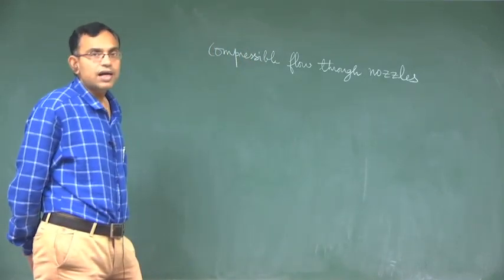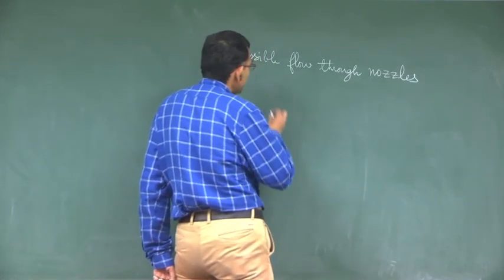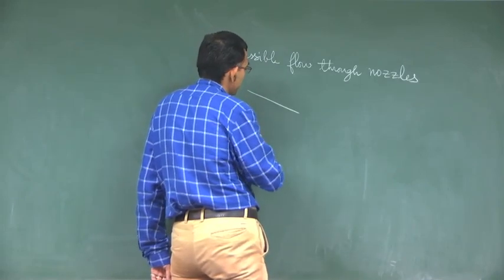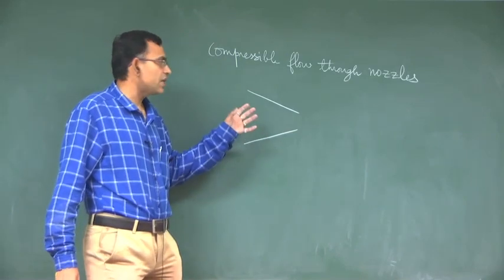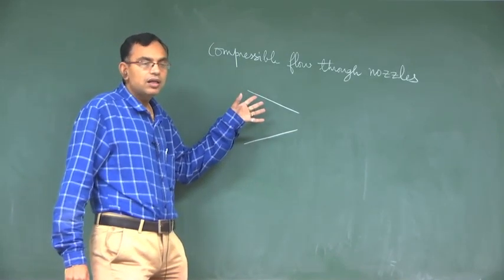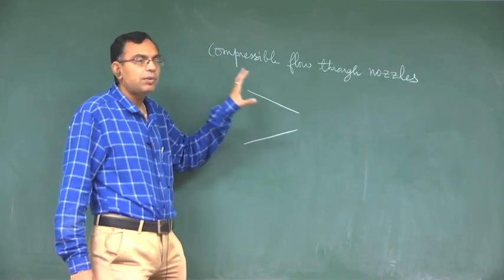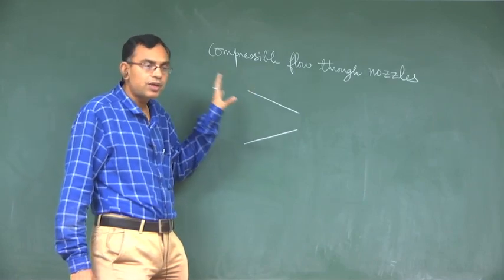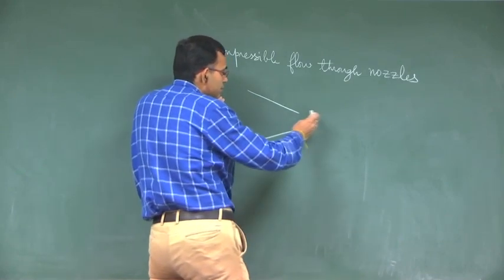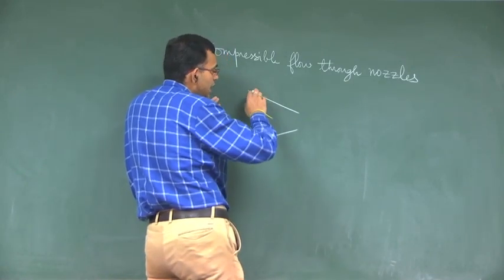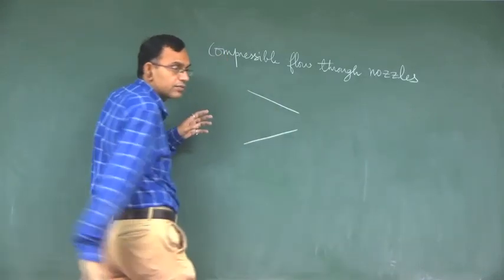So, to understand compressible flows through nozzles, we will first see what is the purpose of a nozzle. Normally this is the shape that we consider for a nozzle if we are not seriously bothering about the compressibility effect. What we are expecting is that as the fluid enters this nozzle along the direction that I am showing, its area will decrease and the velocity will increase, that is, it will be accelerated.